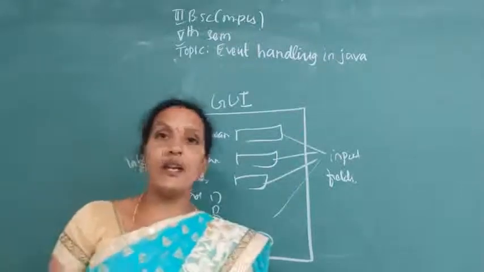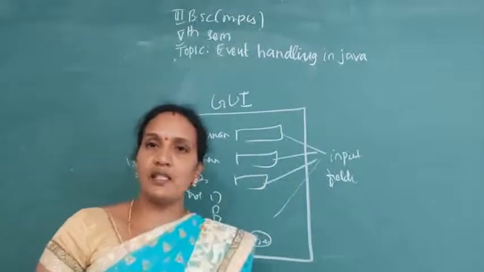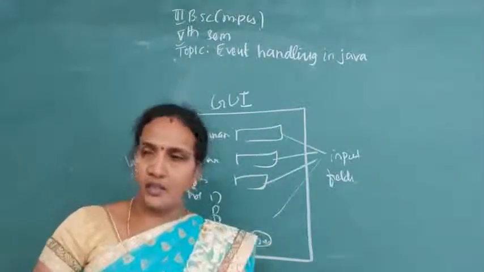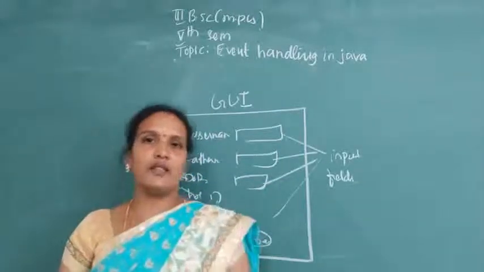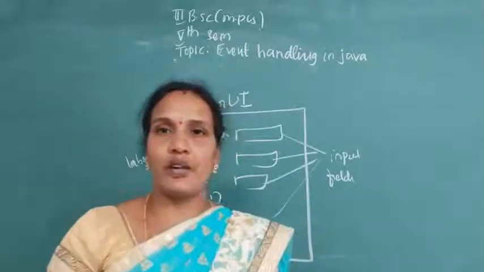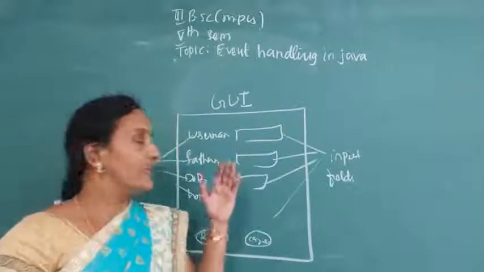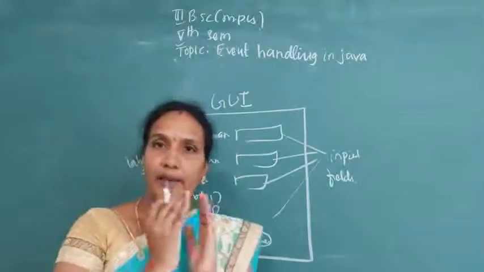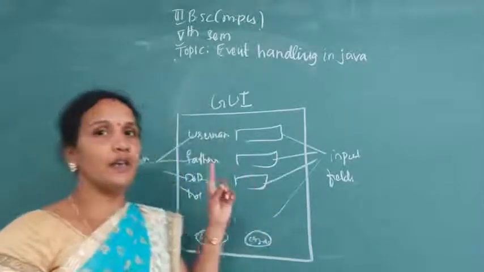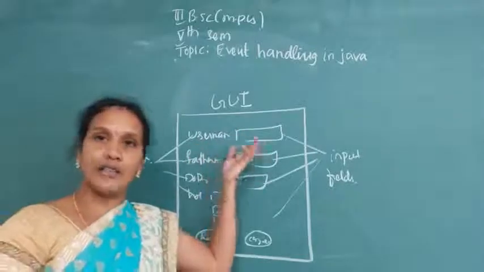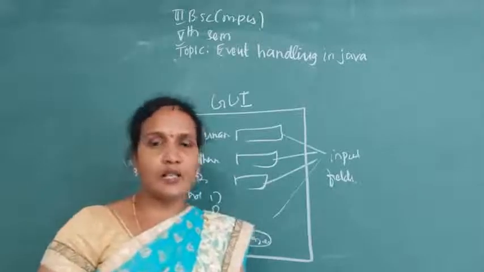Graphical user interface. Here we have different symbols. Using those boxes, the user is interacting with the system. The user is interacting with the server. The user is entering the data. Such an environment is called a graphical user interface. What is a graphical user interface? Instead of entering plain text in plain areas, here the user will use different text fields, checkboxes, buttons in order to communicate with the server.